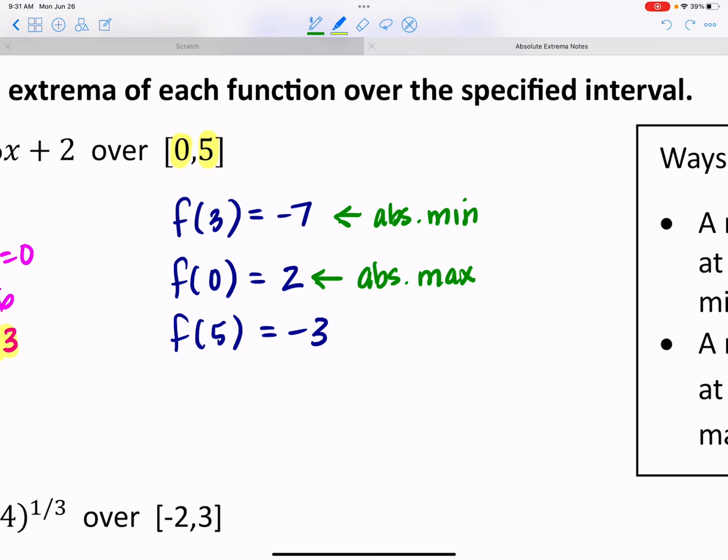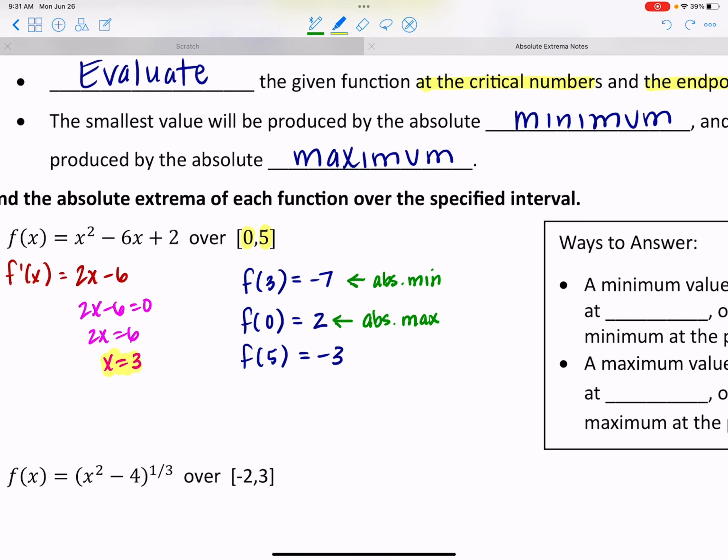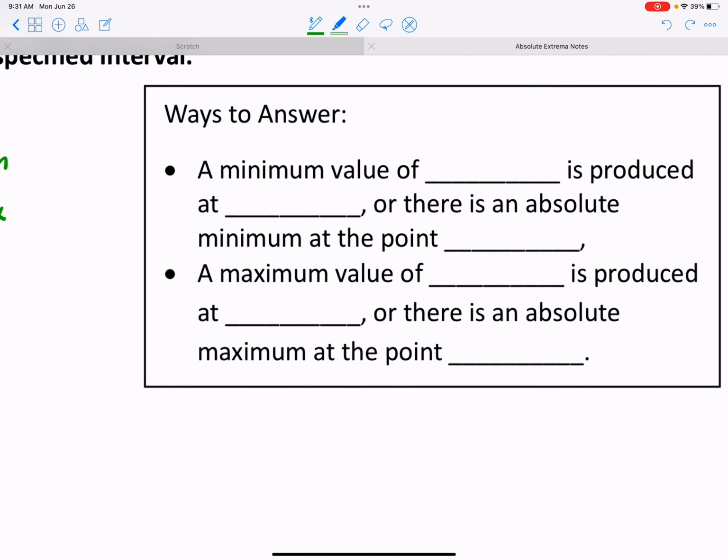I can say I have an absolute minimum at the point 3, negative 7, or I have an absolute maximum at the point 0, 2. Absolute max at the point 0, 2. A little redundant there. Okay, so just so we can see the variety in ways we can answer,